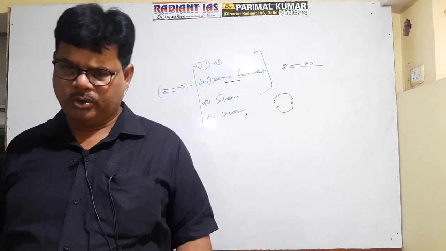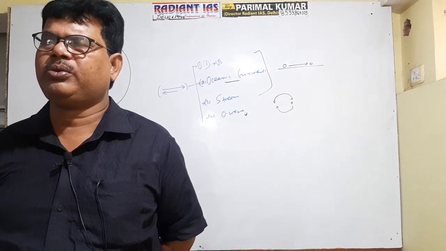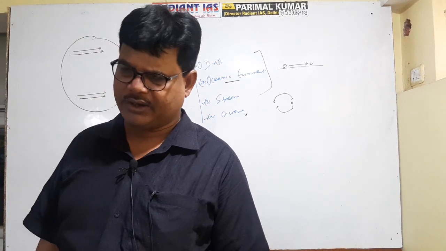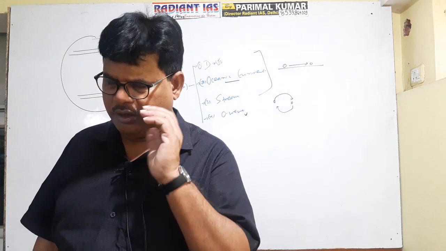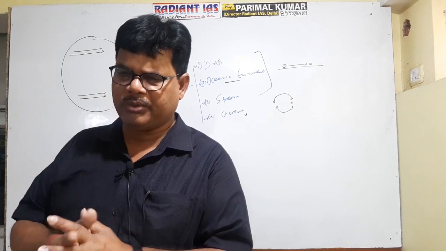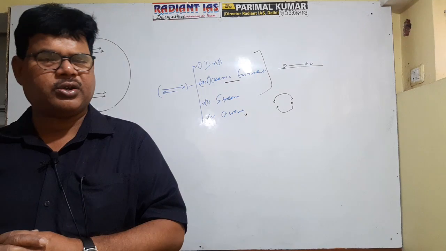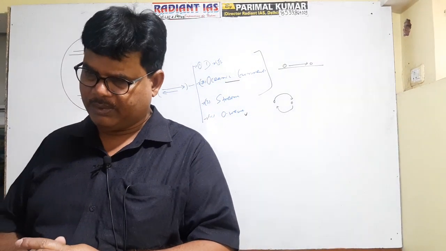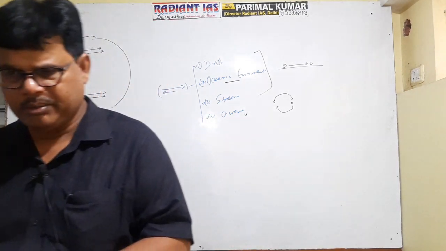You know that there are two types of oceanic wave: one is free and the second is forced. Free wave is due to normal atmospheric disturbance, and forced wave is due to the attractional pull exerted by the moon and the sun. So we discussed four types of horizontal dynamism of the oceanic water: drift, oceanic current, stream, and oceanic wave. In my next class I will discuss oceanic current in detail. Best of luck.